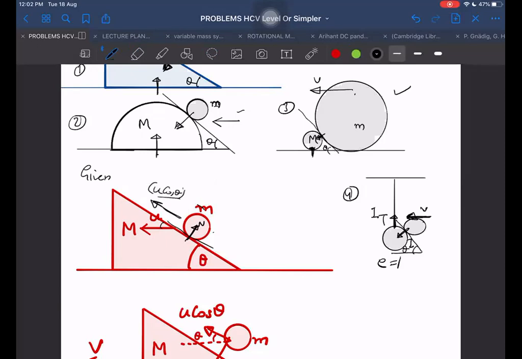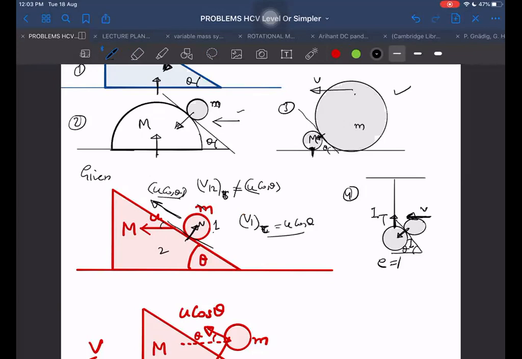No, sir. Let us call it 1 and let us call it 2. The velocity of 1 with respect to 2, along the direction parallel to the incline, is it equal to u cos theta? No, sir, wrong. The wedge component will be there. Only V1 along the tangent will be u cos theta.